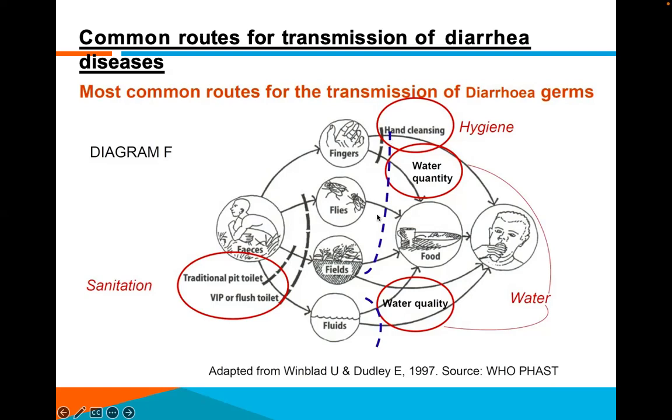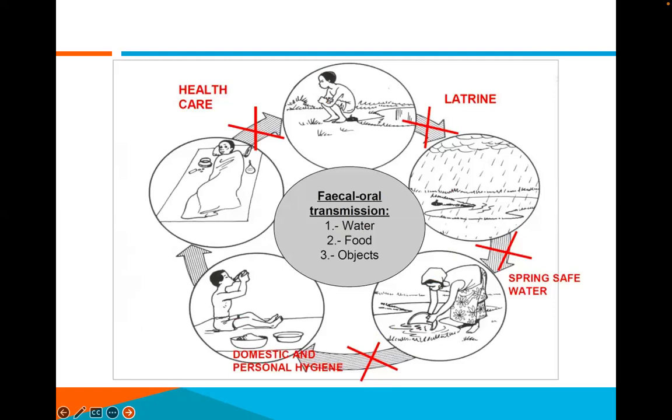Now, without the proper washing of hands, it can be introduced into their water and their food. And when that happens, an innocent person can eat it. And when he eats, diarrhea transmission starts and the cycle can continue. Now, to be able to control this, there must be what we call the introduction of barriers. One health barrier that we introduce is the construction of a proper latrine. If a proper latrine is constructed,